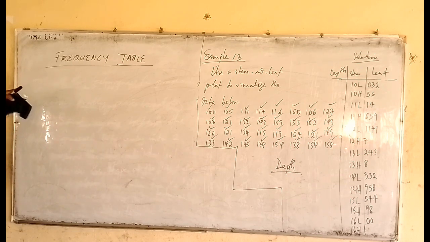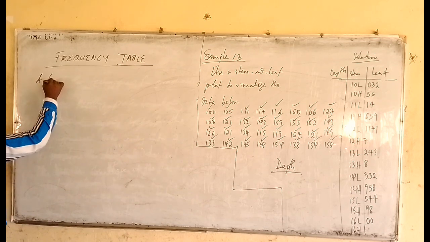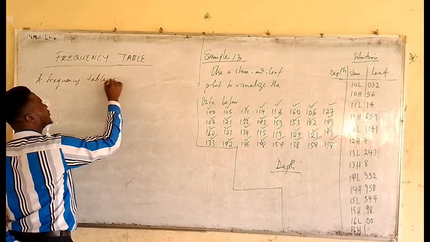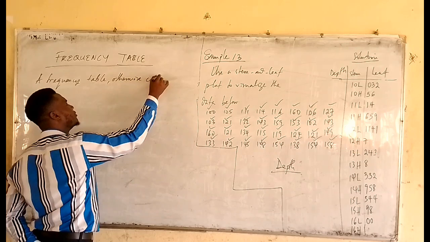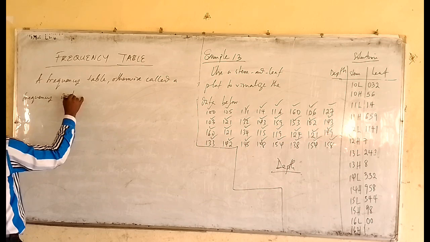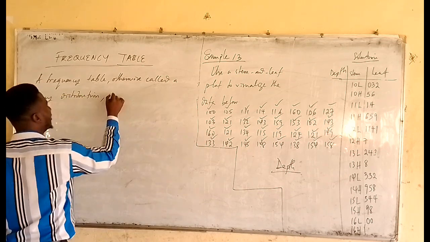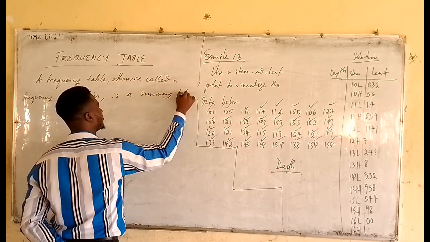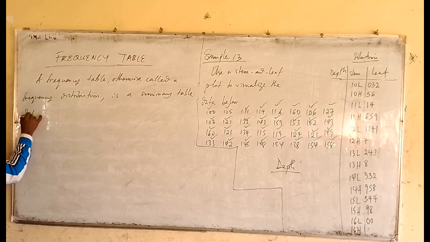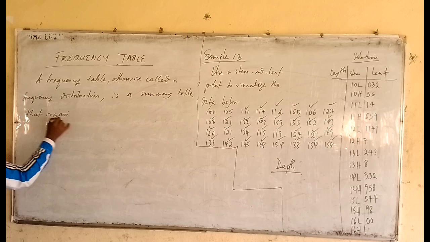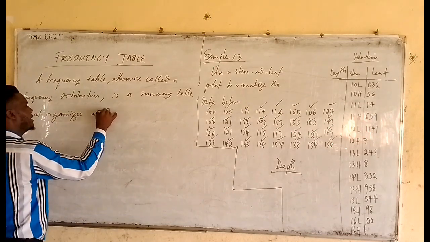Now we are done with discussing some of those graphical techniques. We are now using frequency tables to organize what? Data. So quickly, a frequency table, otherwise called a frequency distribution, is a summary table that organizes a data set